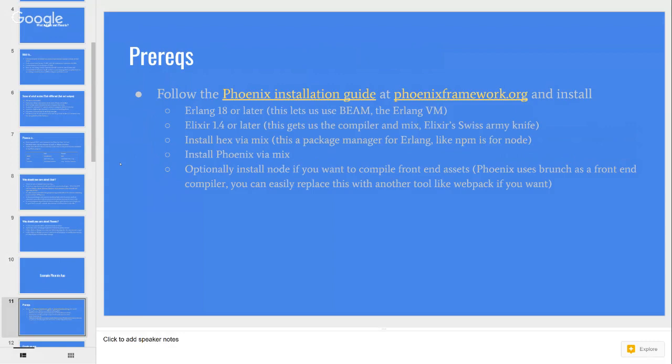People can host there. It does some really nice stuff: inside of Elixir there's a standard documentation docstring format, and it extracts all that and generates really nice documentation for you. And then finally, via Mix, you install Phoenix, which is just another dependency in your Elixir Mix for the whole application. And finally, you can get Node installed. Phoenix, I don't know why they picked this, uses Brunch as the front end. You can replace that with Webpack pretty easily if you want, which I would recommend if you actually did this,